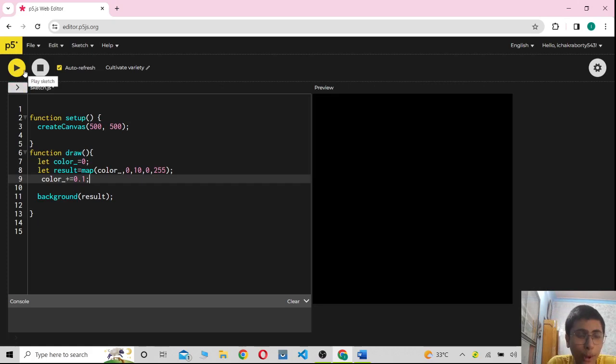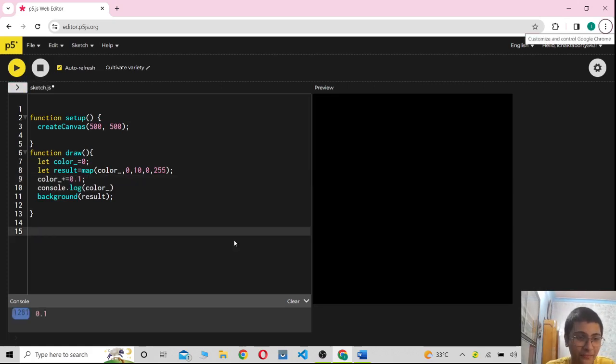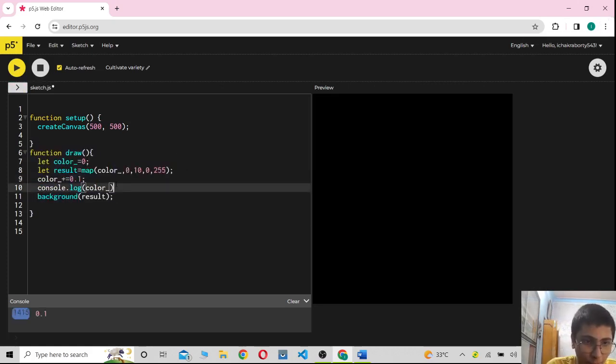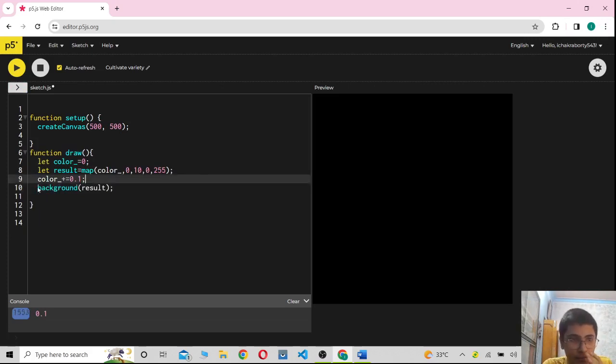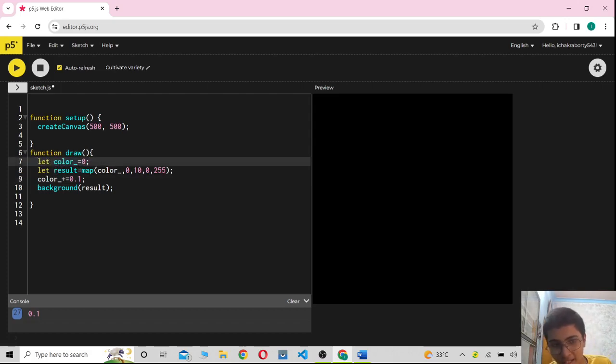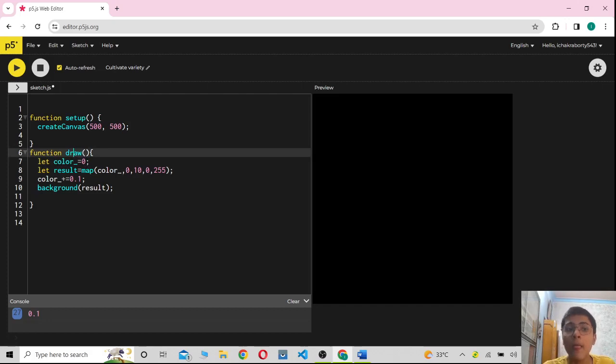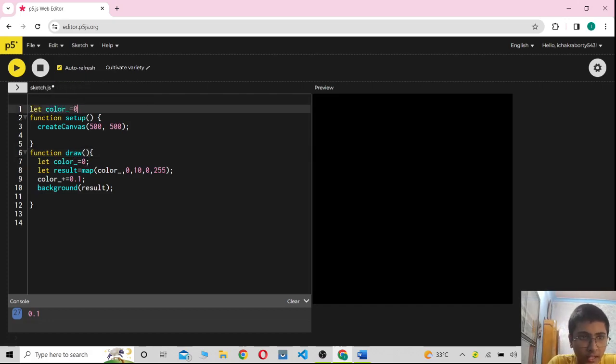Okay, pause. Okay, I am back after a bit of problems. So I have figured out what the problem is. I have not seen any solutions or something. Don't think about that. So what could be the problem? Well, every time in the function draw, I am calling the variable here and initializing it to 0 here. So each time the function draw gets executed, the color is set back again to 0. An easy solution will be just let color equals 0 over here, remove this particular line of code,